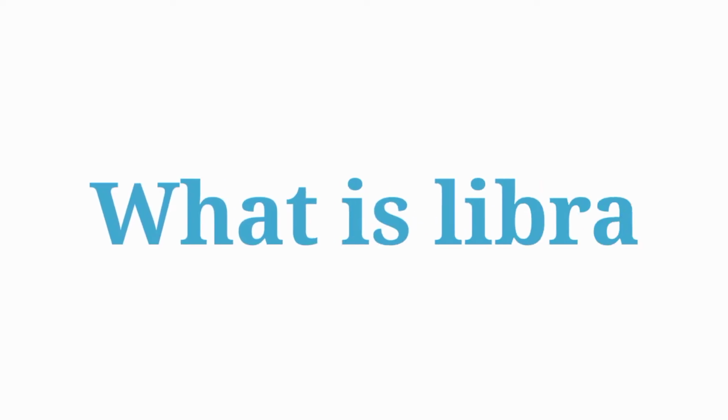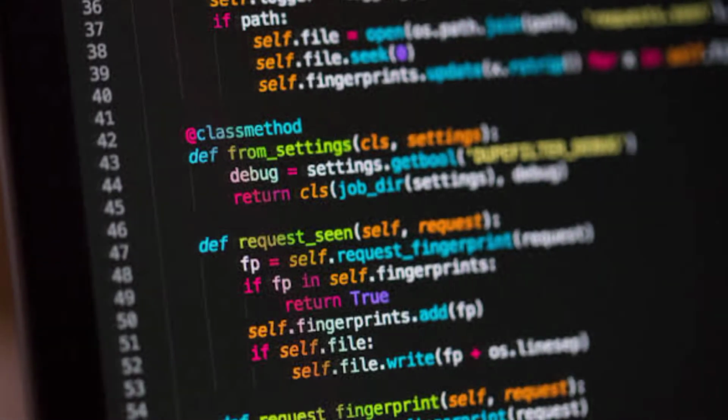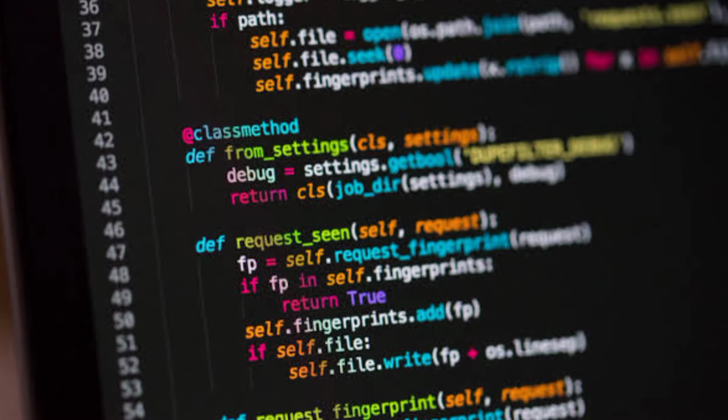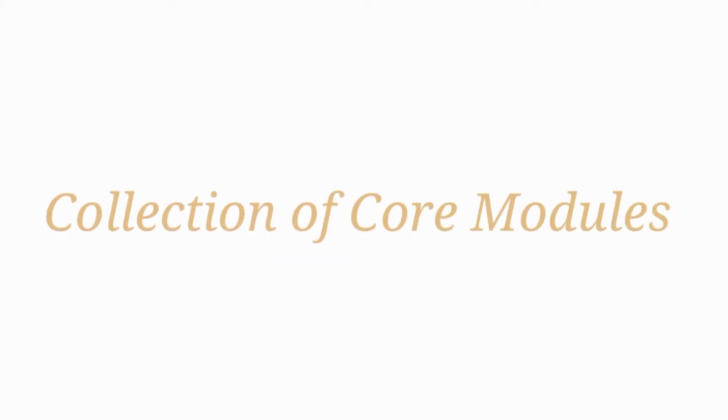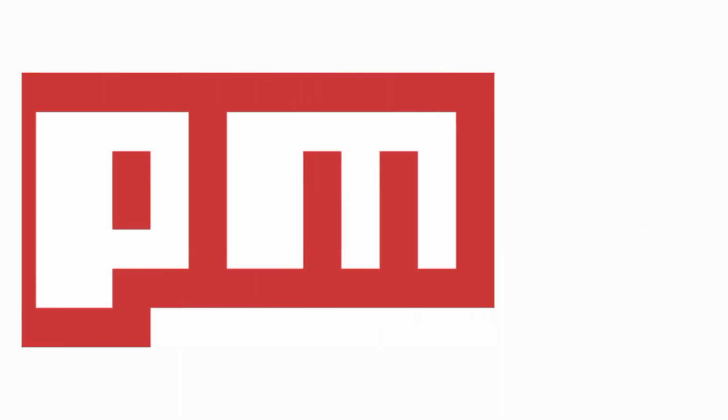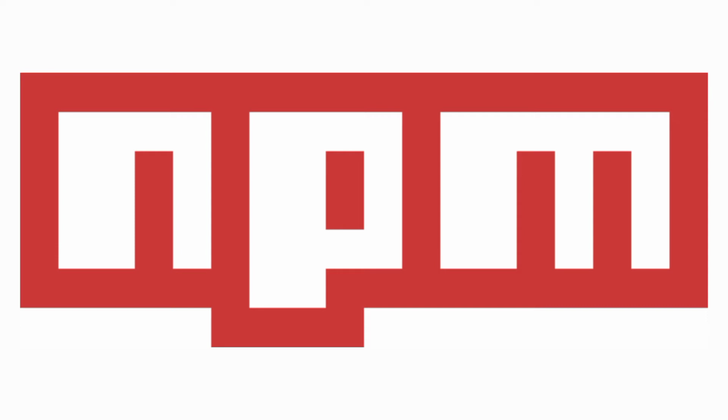First of all, I want to explain what a Python library is. It is a reusable chunk of code that you may want to include in your programs or projects, whatever they may be. Compared to other programming languages like C or C++, Python libraries do not include any specific content in Python. To explain in a shortened way, a library is a collection of core modules. A package is a library that can be installed using a package manager like npm.